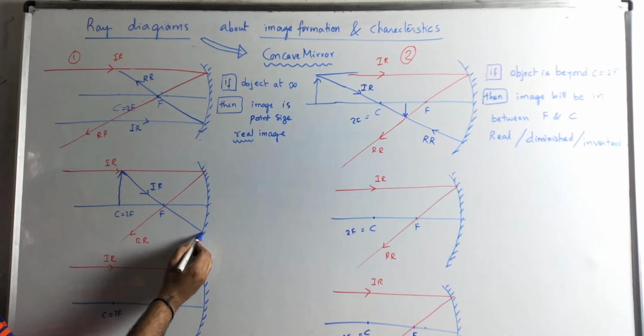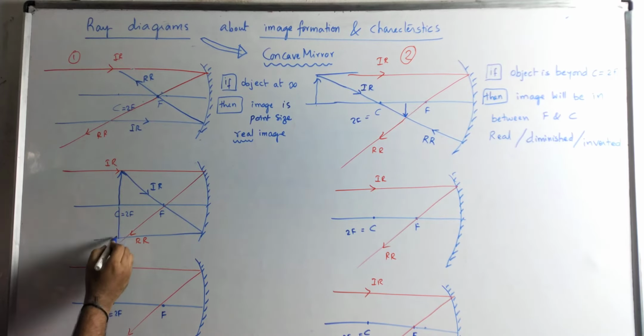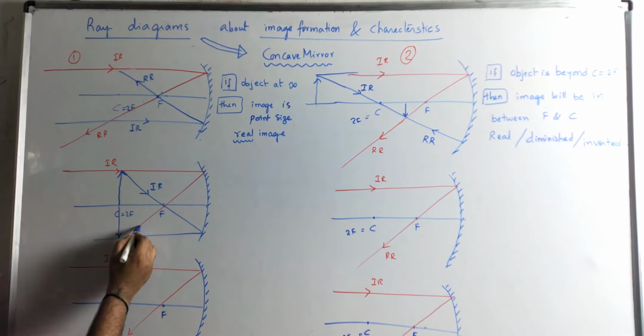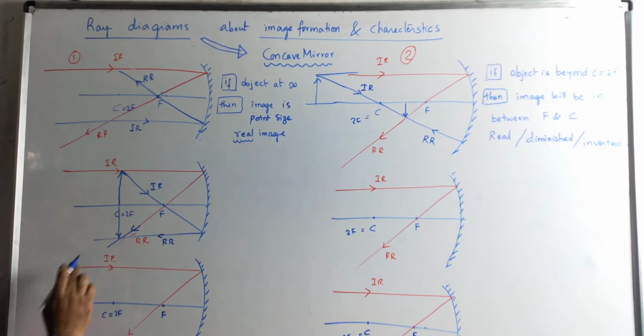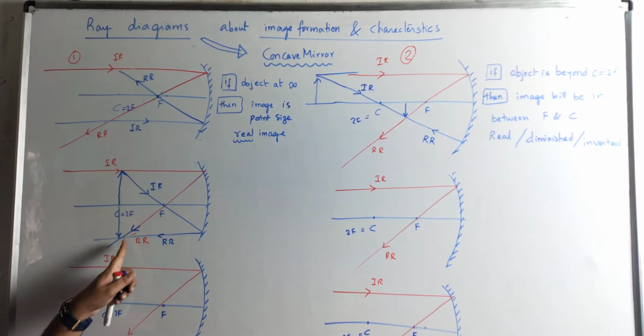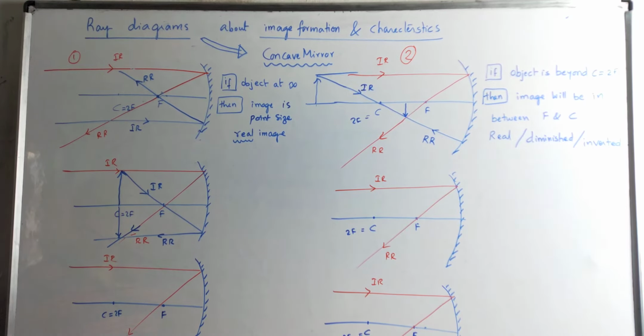So now, if you bring it like this, they again meet at some place. Two reflected rays meet. So this red color reflected ray and the blue color reflected ray are meeting at a point. Because they are meeting, they are not extended. I'll explain that in this diagram. You understand what the extension of it is.